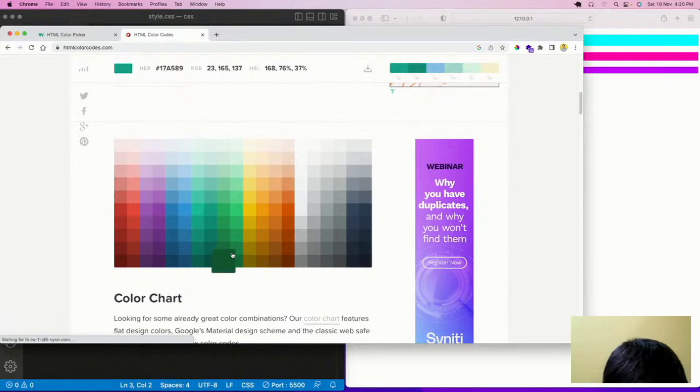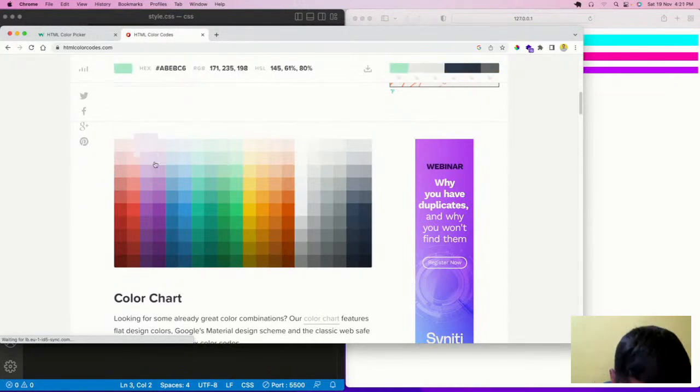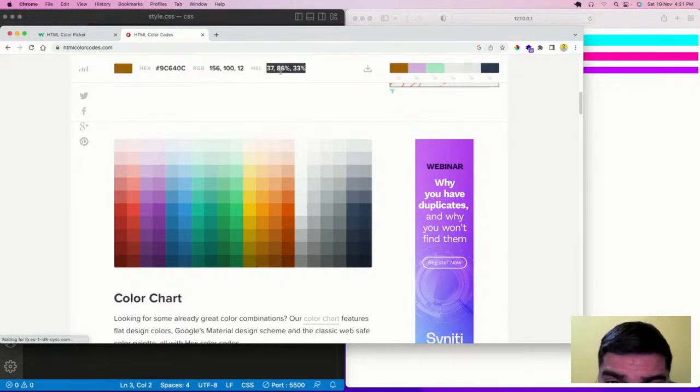So you can see this kind of light green. Here you can have its hexadecimal code, its RGB code, and its HSL code. Now what is HSL? We'll tell you in some time.